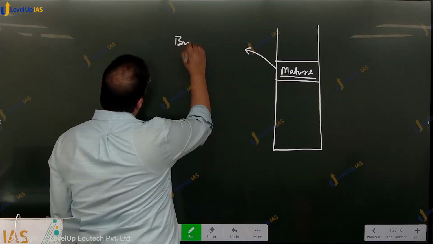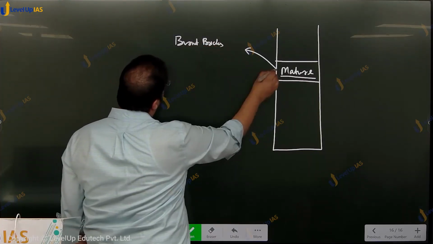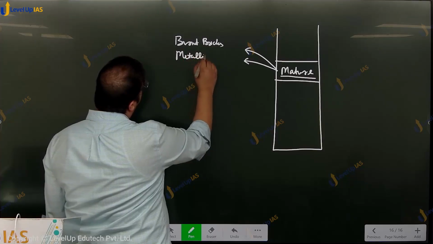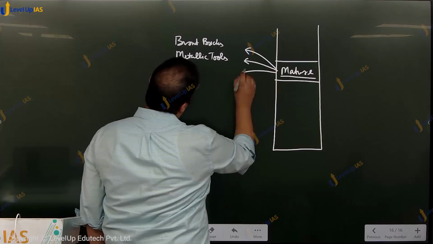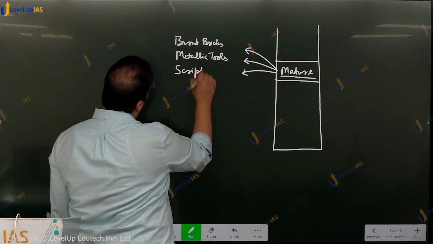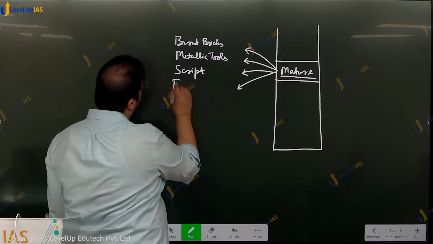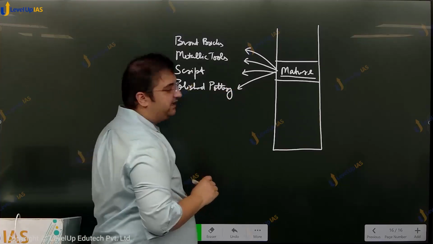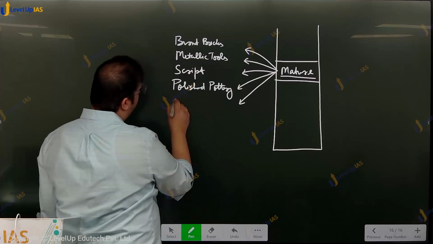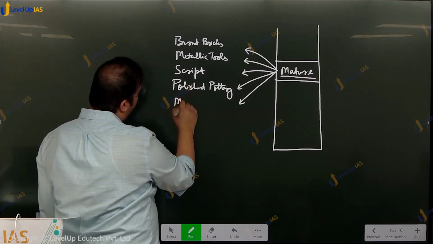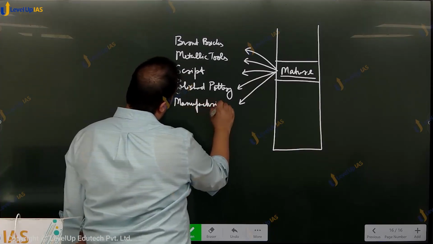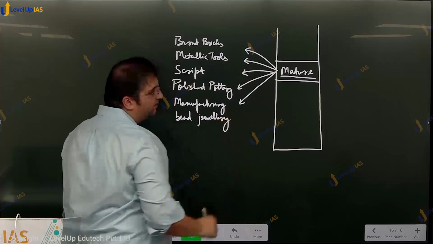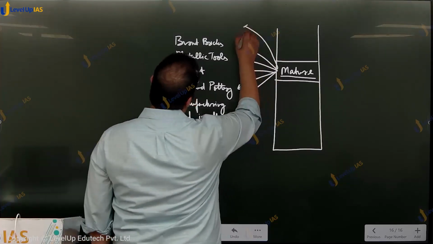The use of burnt bricks, the use of large quantities of metallic tools, the use of script on a large scale, the use of polished pottery of high variety, the presence of a large facility for manufacturing bead jewelry, etc. We also find extensive